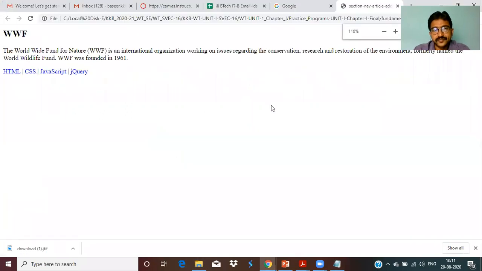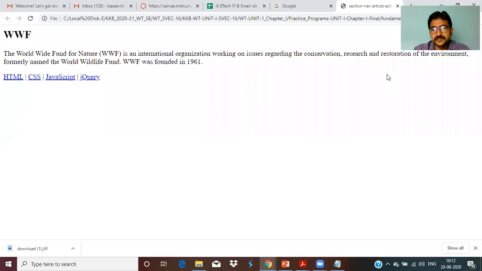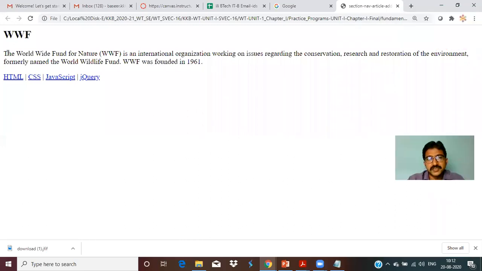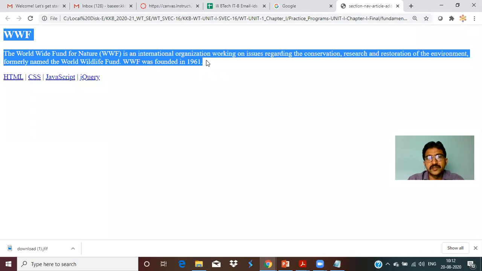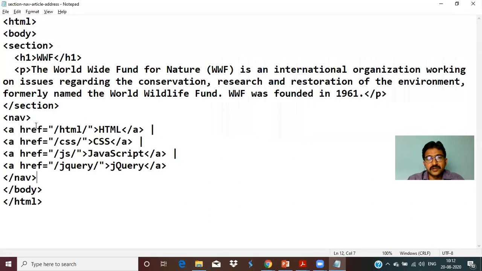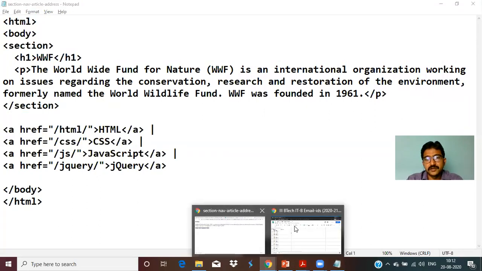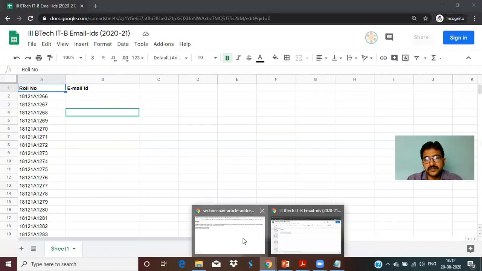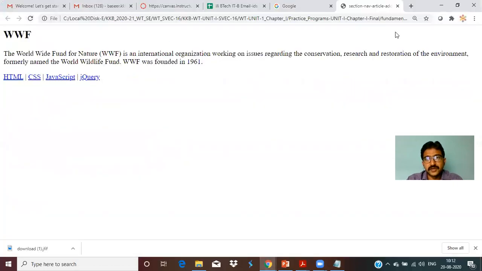See, it displays as a section, www. We did not mention anything bold, but it automatically styles because we kept this text in between the section opening and closing tags. That's why the style looks the same. And if you look at the navigation, it automatically displays in a single line. So I'm just removing the nav and saving the program. Let me see if it refreshes. Right, again we have to run this.